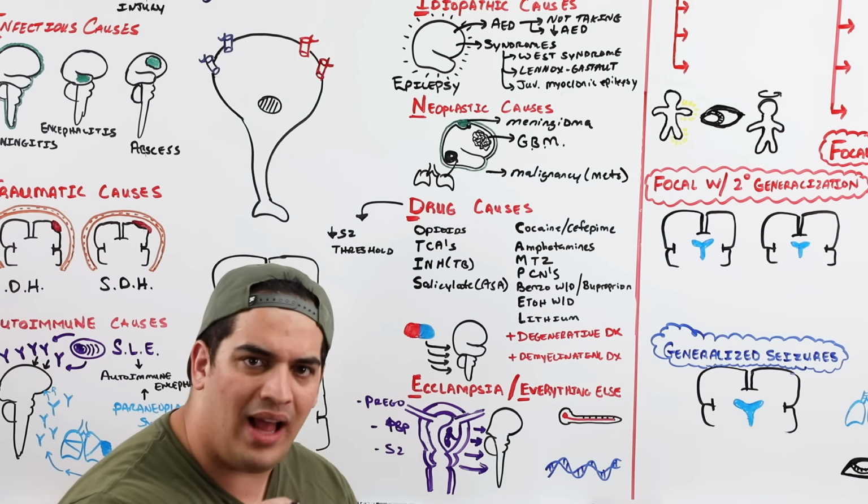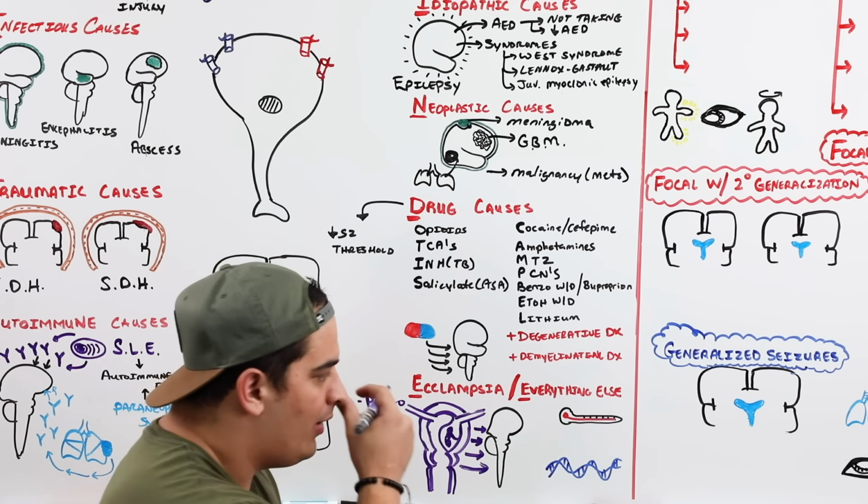Everything else, just mentioning a couple extra things to remember here, is fevers. Fevers can be a pretty strong trigger, especially in children. Whenever they have a very particular viral infection called roseola, which is a human herpes virus infection, that can cause febrile seizures as well as a rash. And then the last one, we are not going to go through all of these, but there are particular genetic causes that predispose someone to seizures. Things like phenylketonuria, a lot of mitochondrial diseases, lysosomal disorders and peroxisomal disorders, so many different types. But these are the big causes that I want you to remember as potential triggers of seizures.